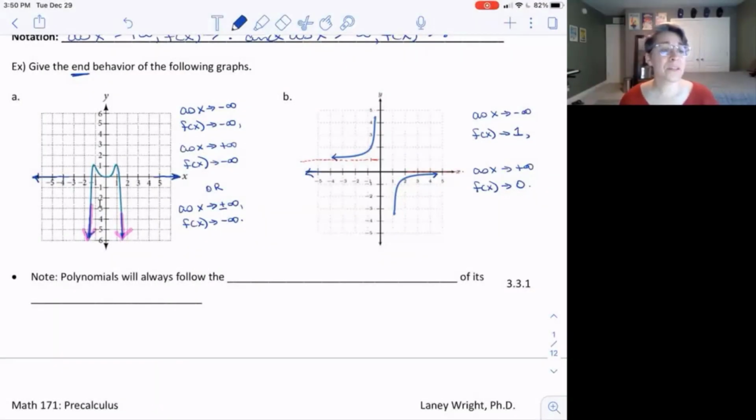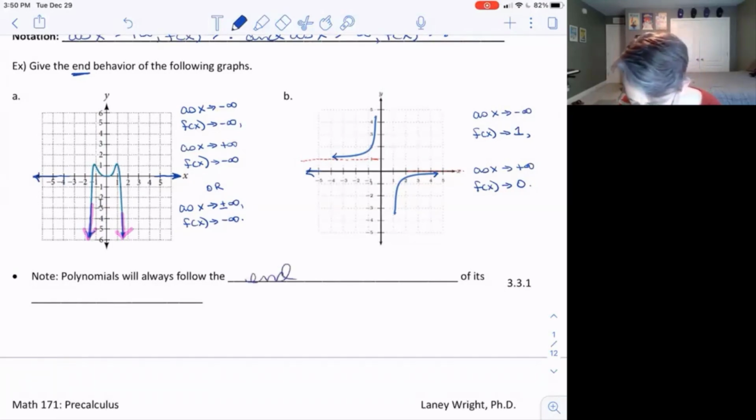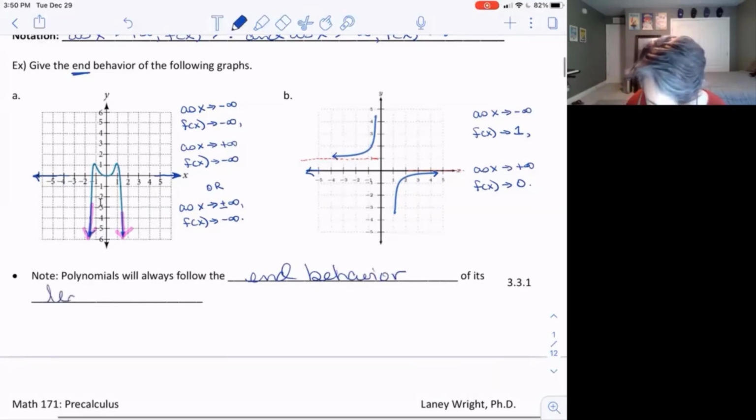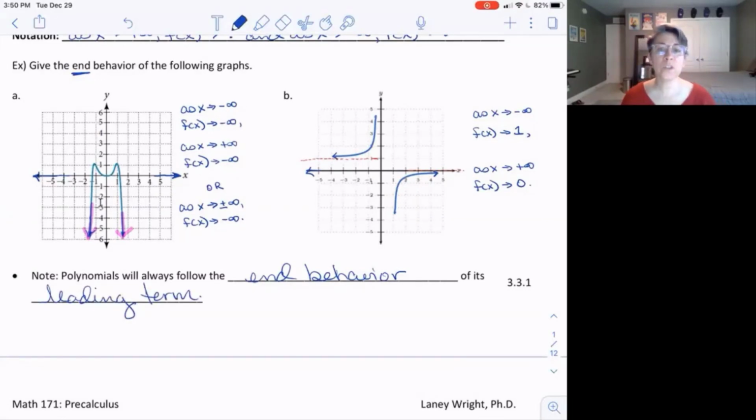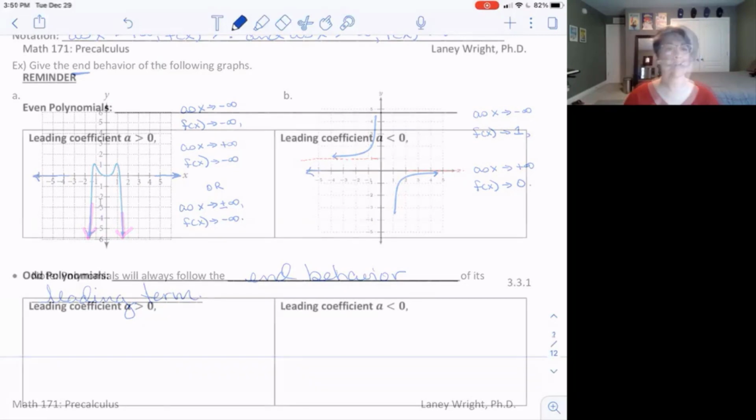Now, here's something to note. Polynomials will always follow the end behavior of its leading term. And this is going to be very helpful when you're given certain equations instead of graphs. For example,